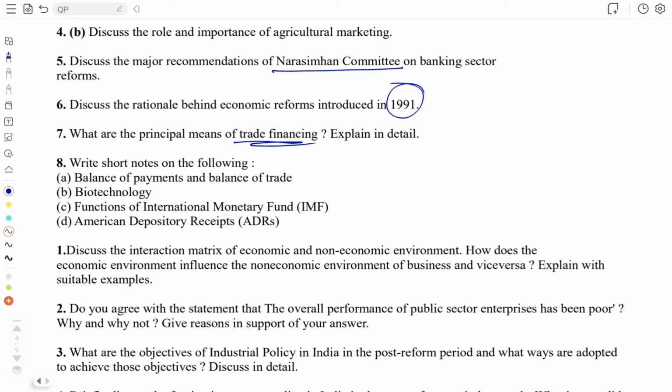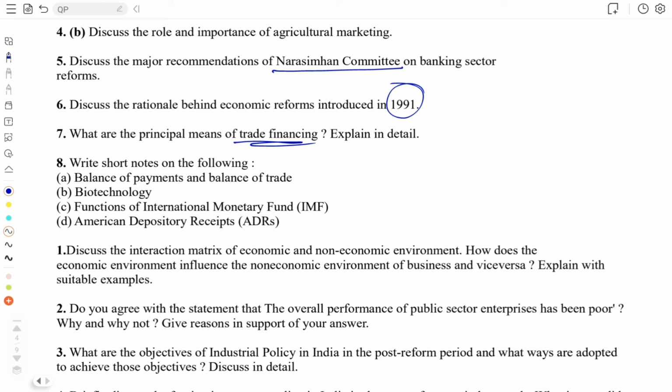And if a country's inflow of foreign exchange exceeds the outflow, that means we are getting more foreign exchange than we are having to spend, then it is a very favorable BOP, that is a BOP surplus. And according to the recent trends, right now India is going for a BOP surplus, that is, India is getting more foreign investments and foreign currency than what India is having to give out, okay.